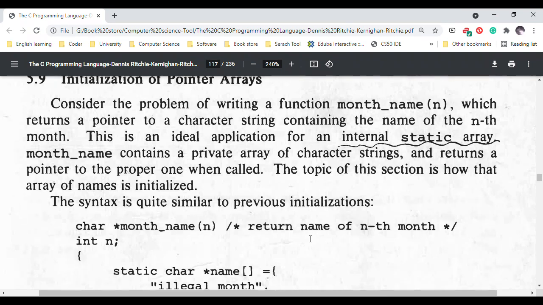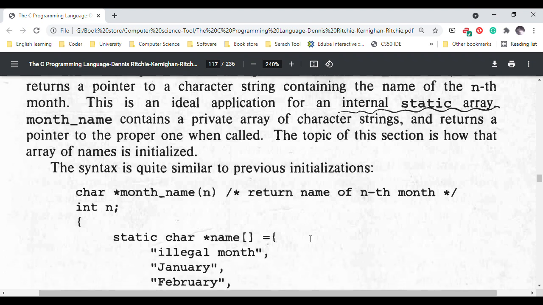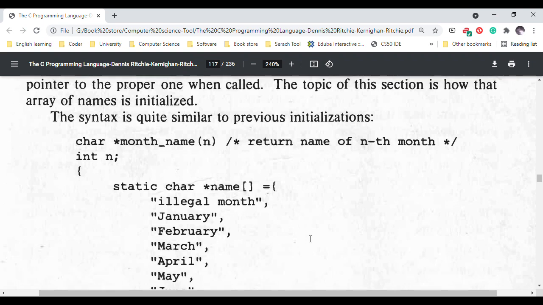month_name contains a private array of character strings and returns a pointer to the proper one when called. The topic of this section is how that array of names is initialized. The syntax is quite similar to previous initializations,